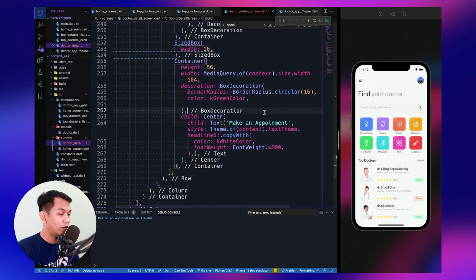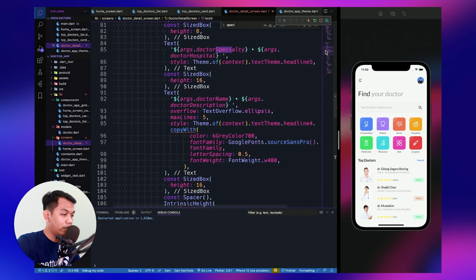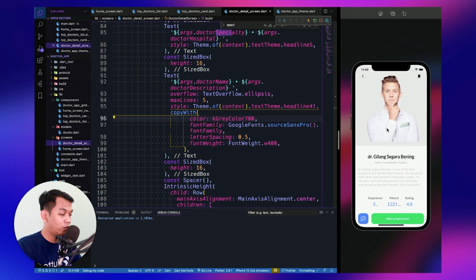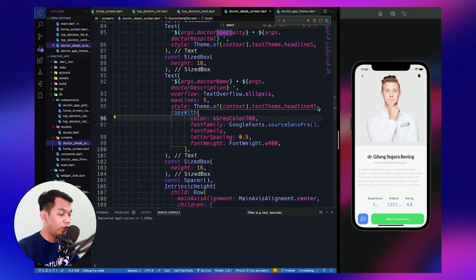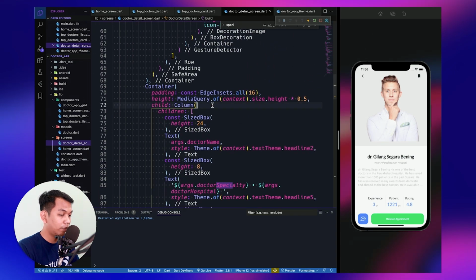Font weight look like this. So still error right here. So we need to add this. Okay. So let's restart our app and try to click this. It will go to our detail screen and we need to fix this error, like the first is on our column.